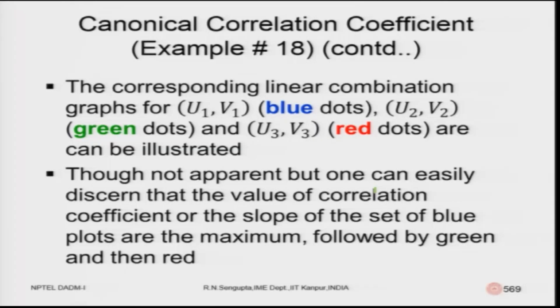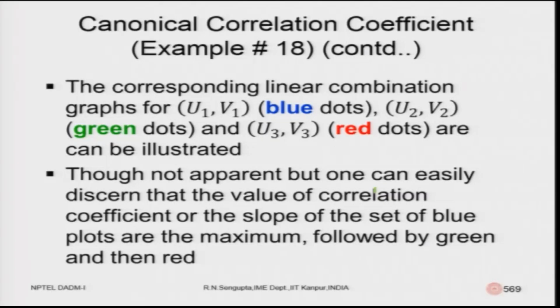We will denote the sets of u1 v1, the points, as blue dots. Obviously, you will have different sets of points u1 v1, u2 v2, u3 v3 depending on x1 y1, x2 y2, x3 y3, which you are trying to find in each step. It is not that you are only going to utilize x1 for u1 or x2 for u2, you are going to concentrate on the vectors a1 b1 for u1 v1,